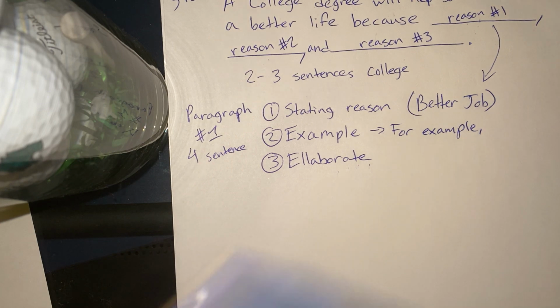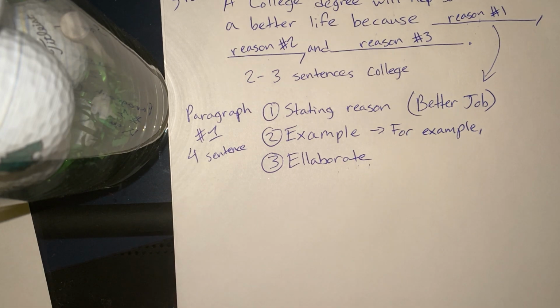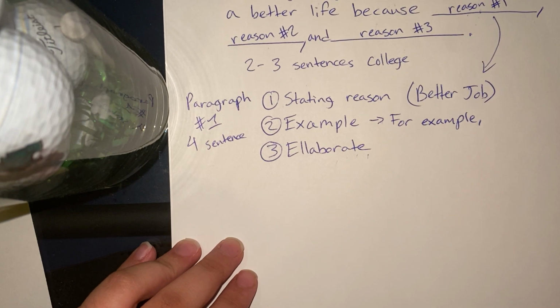So if you're having trouble, I have a lot of students who have trouble, they say I don't know how to write it out, or I just get stuck. Tell someone, a friend or something, elaborate out loud, or you could even do it by yourself. Sometimes when I'm trying to brainstorm, I think out loud, I tell myself, okay, well, why do I think they get better jobs? And then it just sometimes makes sense and helps to say it out loud, right? If you can't put your thoughts onto paper.